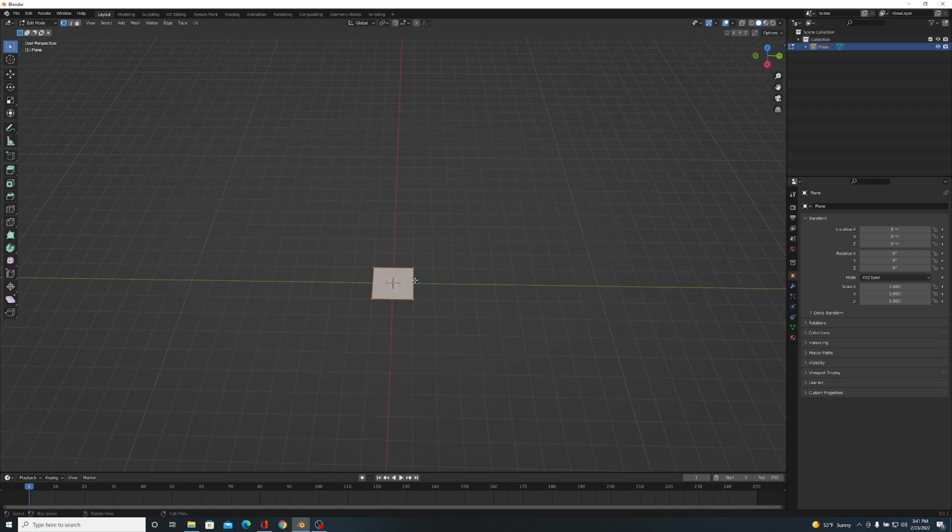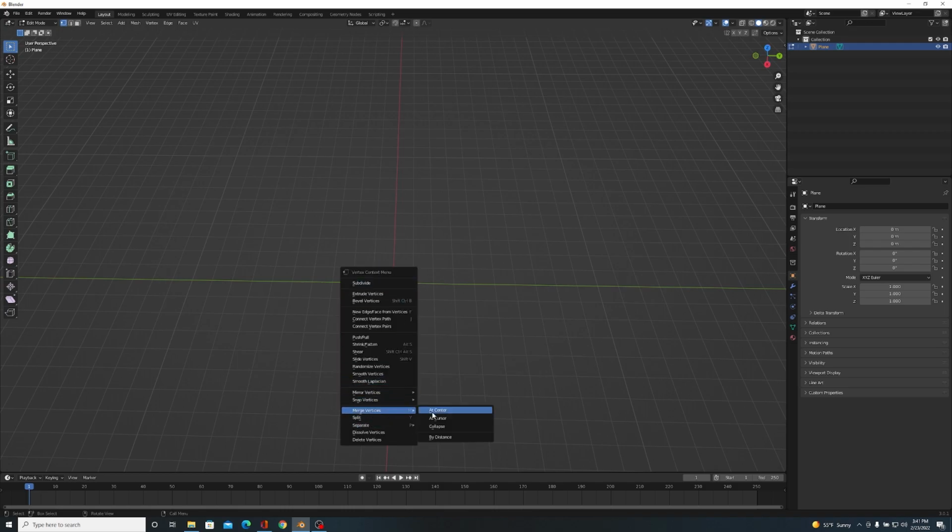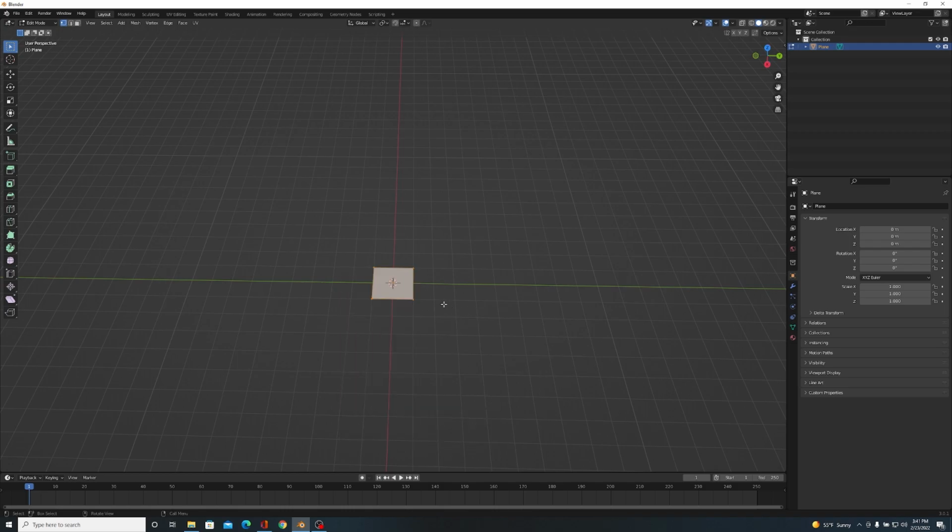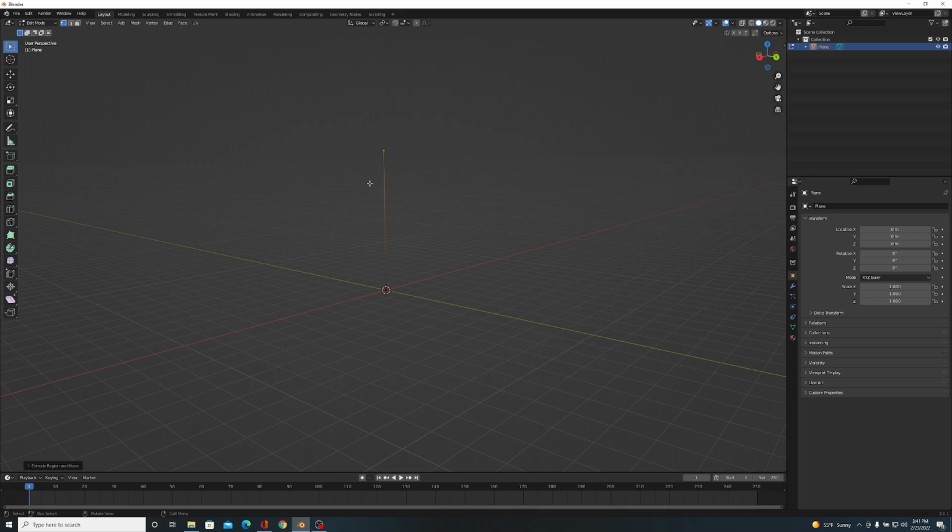And now, there are two ways you can do this. You can right click, then click on Merge Vertices at Center, or you can press M on your keyboard and pick the same option. And then from here, while still in edit mode, not selecting anything else, we're going to extrude it up. So now we've got this little line with 2 points. That's all we need, these 2 little points.